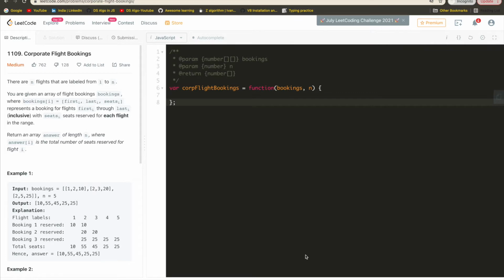So today I'll be speaking about the LeetCode problem, Corporate Flight Bookings, which states that there are n flights labeled from 1 to n, and there are certain bookings, where each booking consists of the first seat to the last seat, and the number of seats for each flight, and we have to return the answer of length n, where basically each index will contain the number of seats